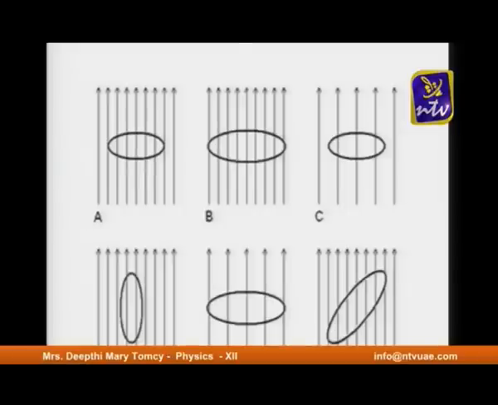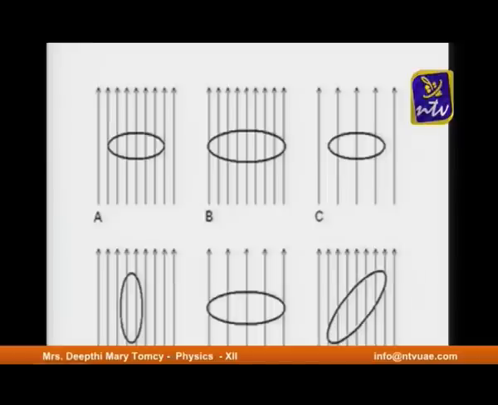There you can see how the field lines are cutting through a circular loop and how the flux cutting through a surface changes with the area. When the area of this loop is more, more lines cut through it. In figure A, the number of lines cutting through is very less because the area of the loop is less. In figure B, you can see the area is increasing. Because of the increase in area, the flux cutting through the surface is also more. And in figure C, you can see that the field is less, because of that flux is less.